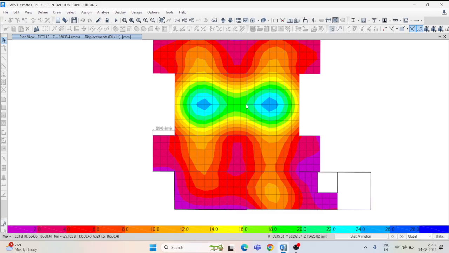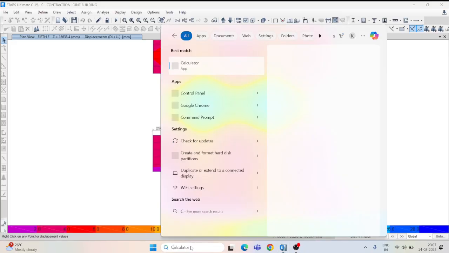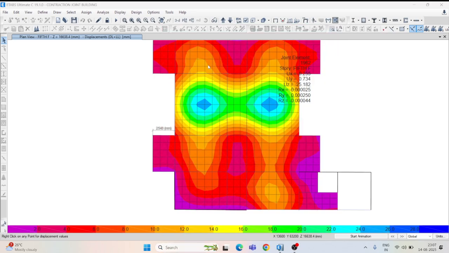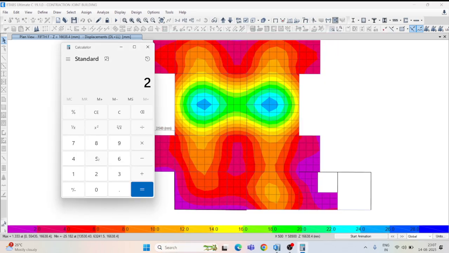And how much are we getting? 25.182 minus 13.372 means how much? 18.81 multiplied by 3.